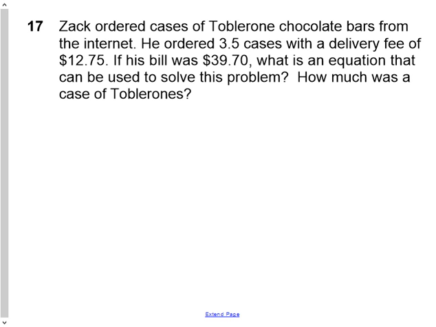Question 17, I think it's 17 or whatever it is. Zach ordered cases of Toblerone chocolate bars from the internet. He ordered 3.5 cases with a delivery fee of $12.75. If his bill was $39.70, what is an equation that can be used to solve this problem? So, if x represents the cost of one case,